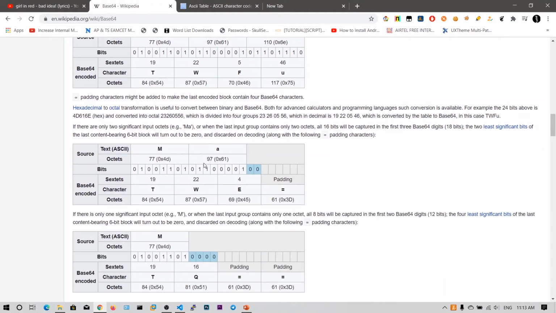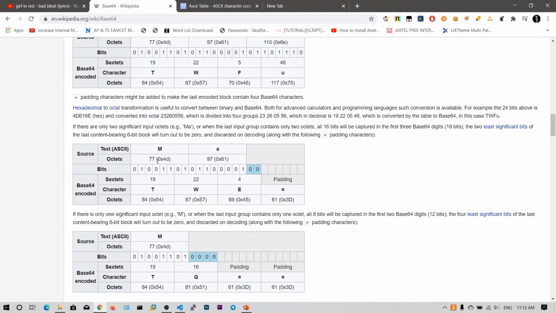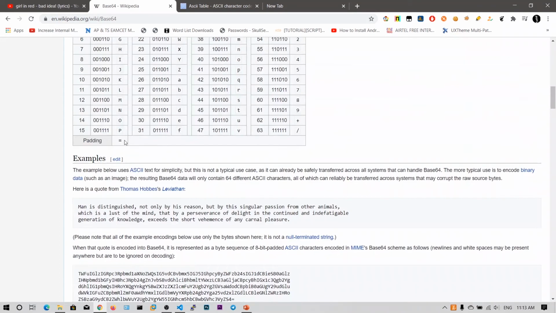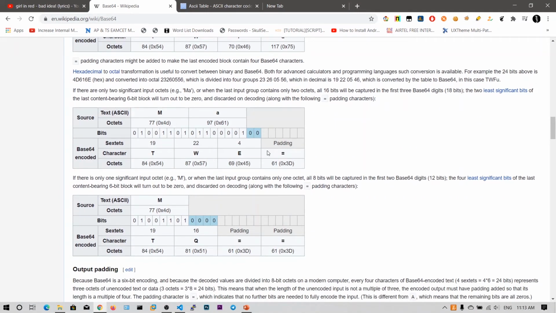Now what if we have insufficient characters, so we do not have a multiple of 3 bytes? What if we have only 2 bytes? We can convert in the same way, but we add the padding, equals to. This padding is added at the end to make up the required number of bits. You add zeros as padding, convert this, and you get the last character, and you add the padding.